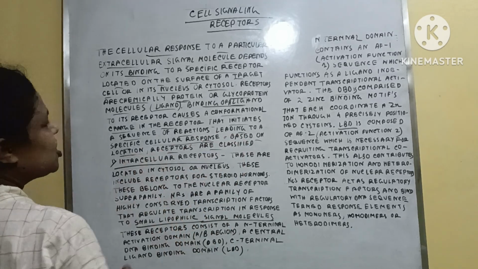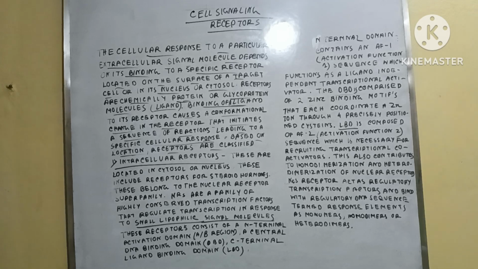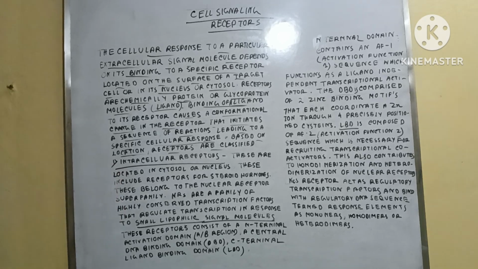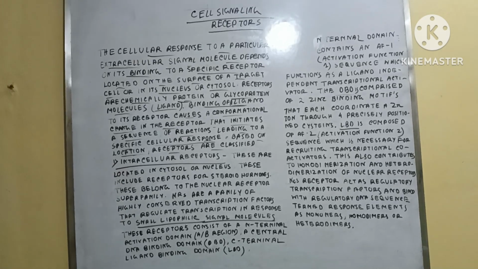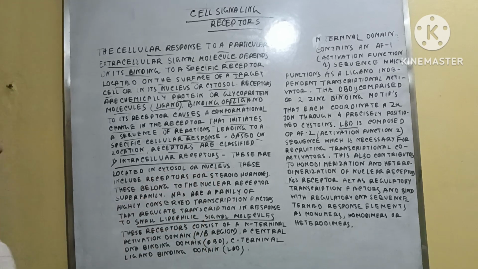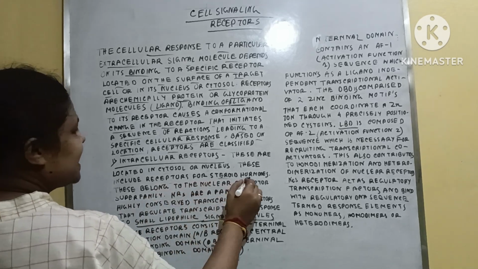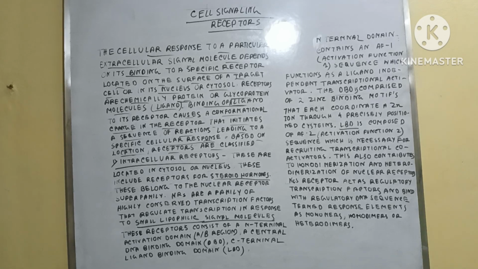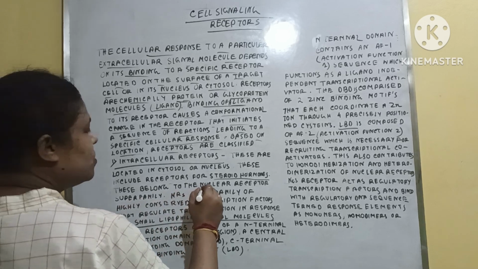Based on the location, the receptors are of two types: generally intracellular receptors and cell surface receptors. First we have to learn about the intracellular receptor, then we will learn about the cell surface receptor. So intracellular receptors are located in the cytosol or the nucleus, and this includes the receptors for steroid hormones. Steroid hormones are very important for these receptors,